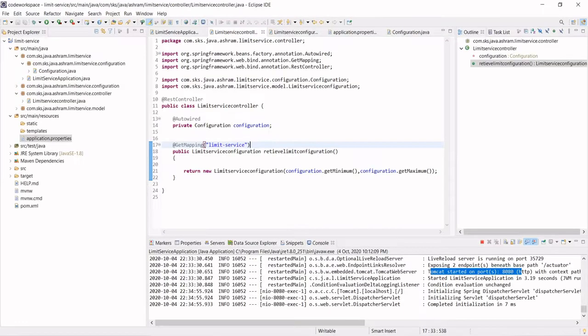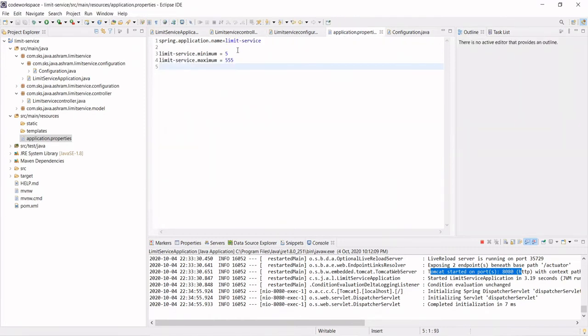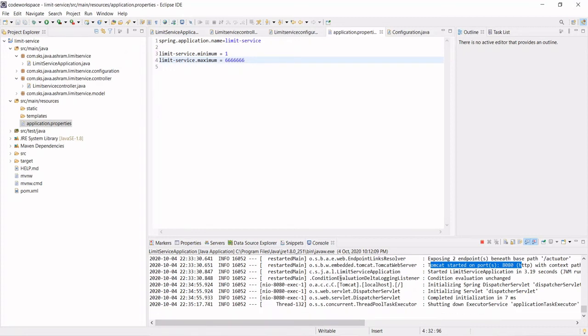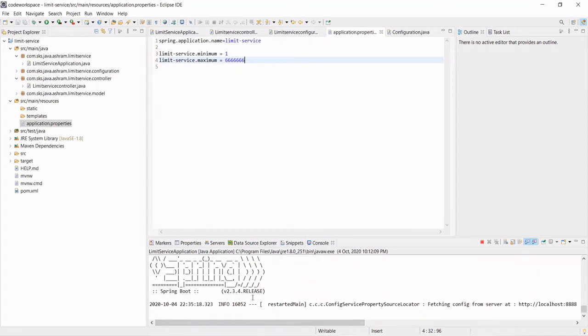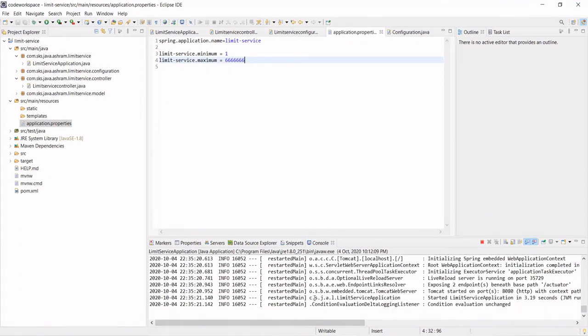Now go to the code, application.properties file, and make it minimum 1 and let's say maximum this much, Control S. Let this Tomcat pick up this file.